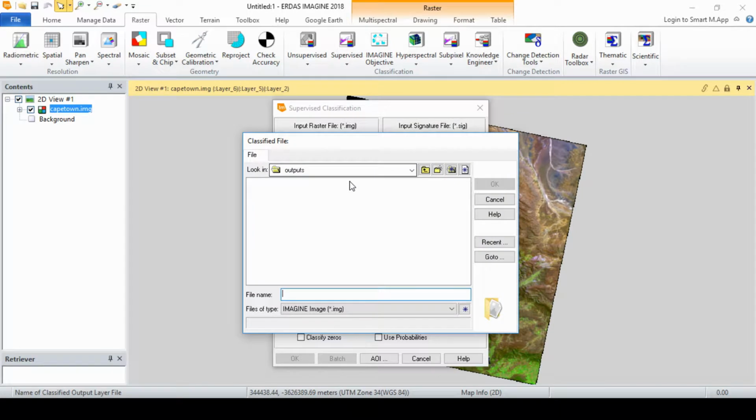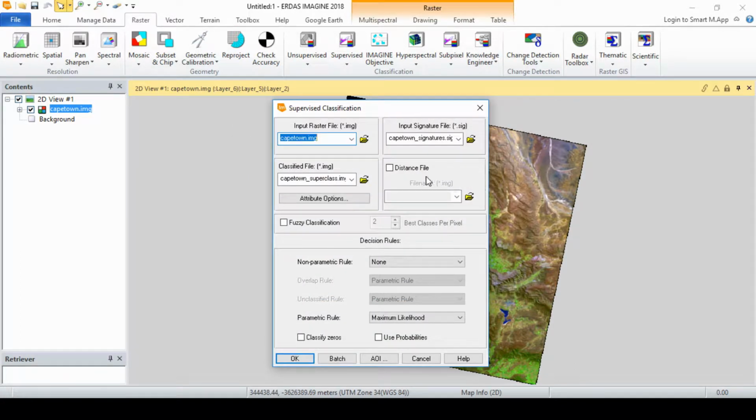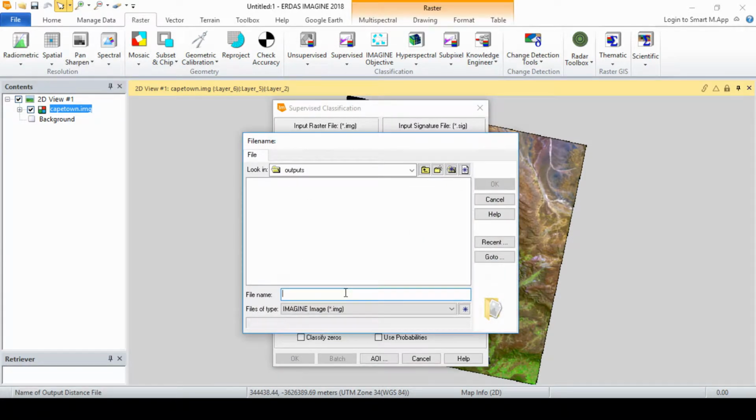In the classified file, type in the name of the output file. Use a name that will assist you in identifying the file, for example, capetown_superclass.img. We will also create the distance image file to be used to threshold the classified image file. Click the output distance file checkbox to activate it. Under file name, enter the name for the distance image file, for example,